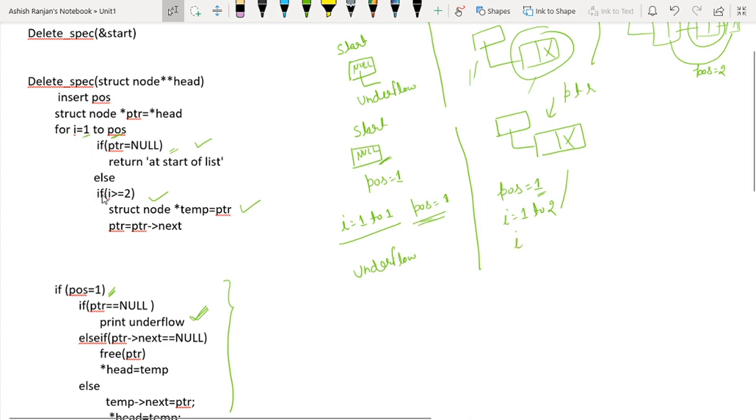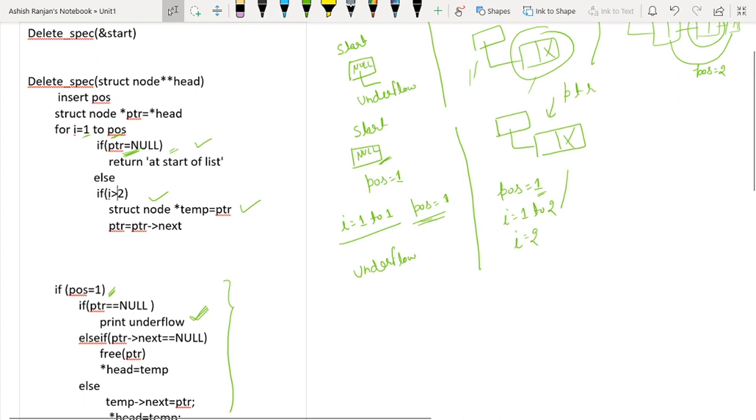So for I equals to 2, we will go here. What we will see here? We are looking here that PTR for I is greater than 2, not only 2.